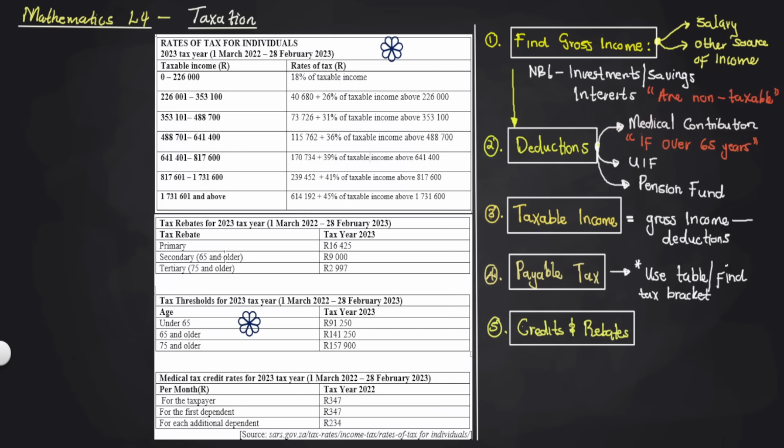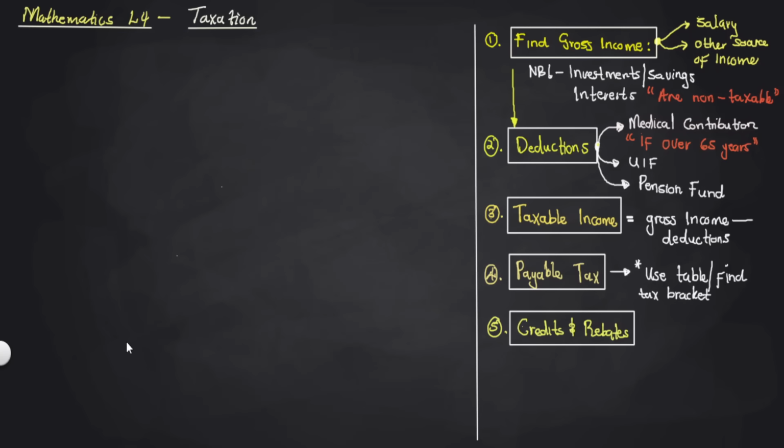On age. The credits, there's only one credit that we're going to be discussing. It's the medical tax credit. The medical tax credit table you're going to use only for the person that is under 65 years, provided that that individual does make a contribution to medical aid. Okay, don't worry, we are still laying a foundation. We're going to take an example shortly, and then this one as well, you're going to use a table to calculate for the final one.